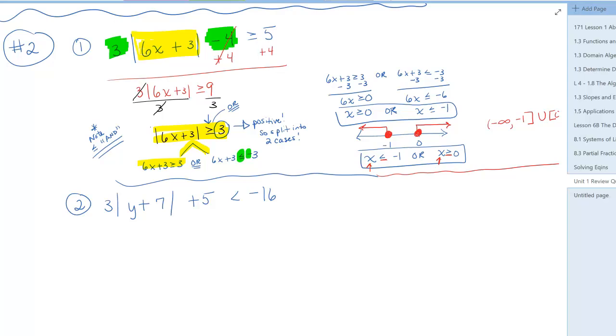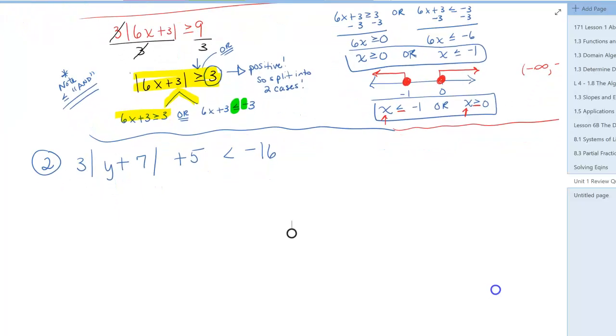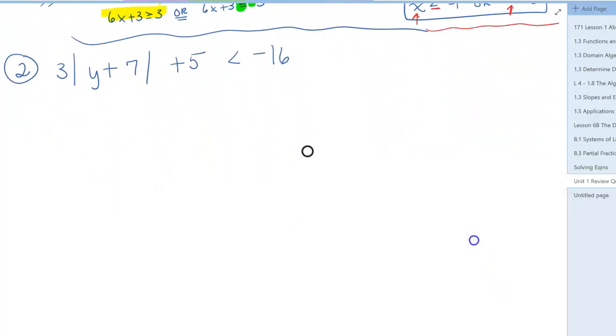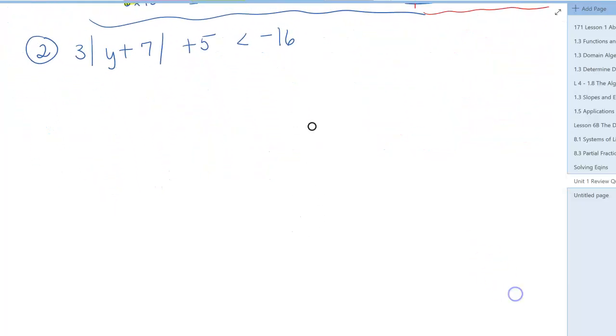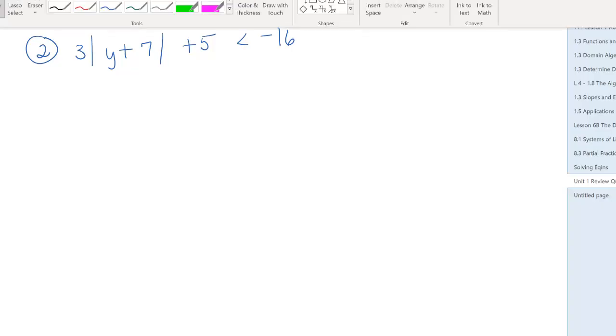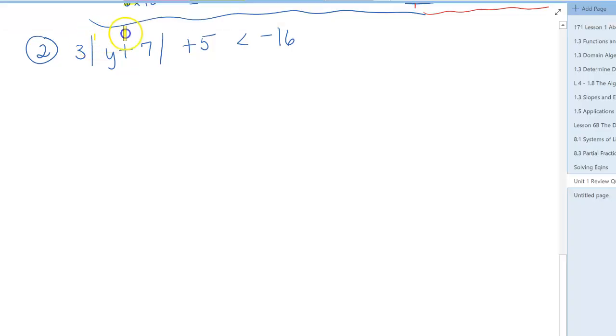So in this video, we are going to look at this second inequality and solve that one. Again, we're faced with an inequality that has absolute value, but the absolute value is not all by itself. So our first thing is to concentrate on getting this all by itself. I'm going to try to get rid of this plus 5 and try to get rid of the times